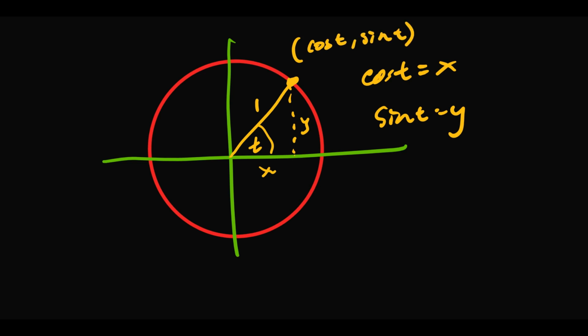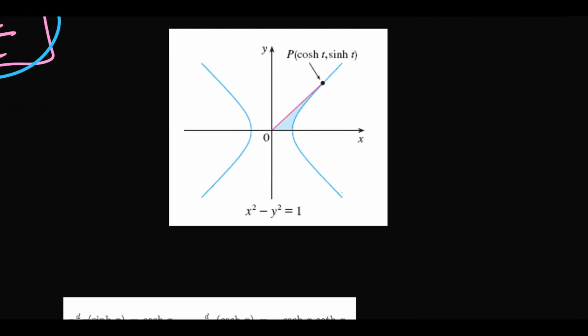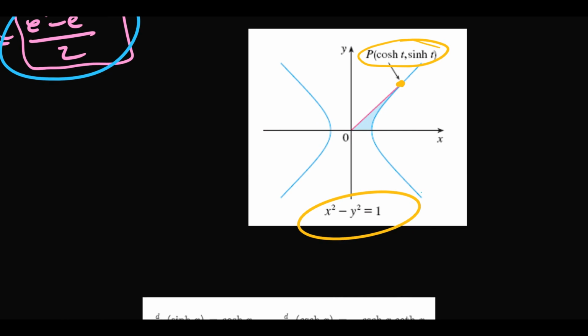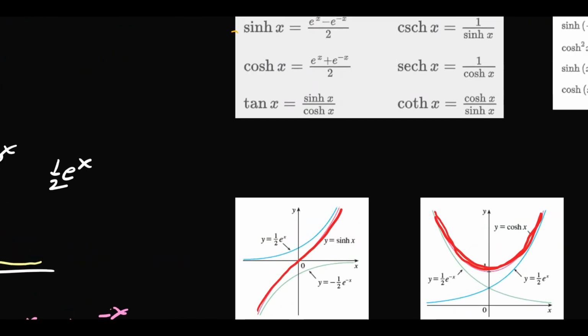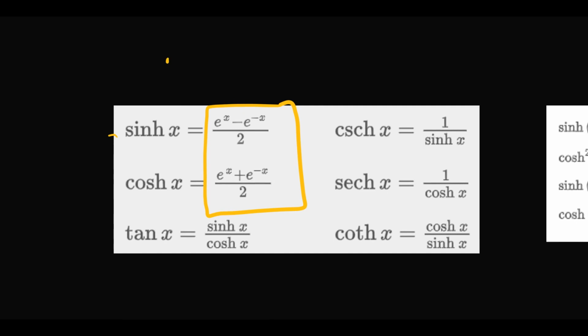All right, so we can do the same thing with hyperbolics, actually. Hyperbolics are related with a hyperbola. So any point on the graph is hyperbolic cosine of t, comma, hyperbolic sine of t. I'm not going to go too much into why that works, but what I can say is if you take these two guys right here, and you do this hyperbolic cosine squared of x